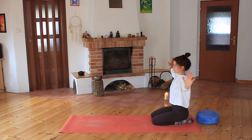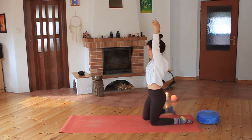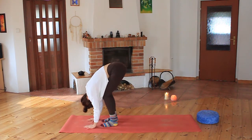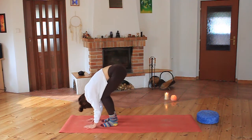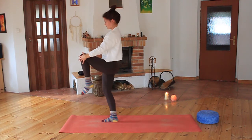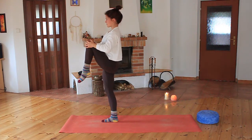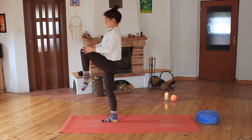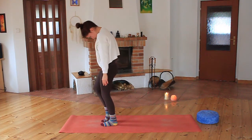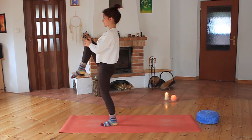And then inhale, lift all the way up. Step forward. In your forward fold, give yourself a few bounces here, warming up the knees and hips again. And roll all the way up. As you roll, you lift your left leg up, grab the left knee, stretch it towards your chest, and then exhale, relax, forward fold. Let's do this to the other side, lifting right leg up, pressing the right knee towards the chest,